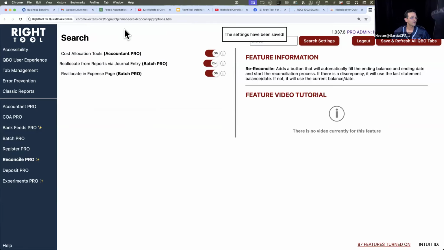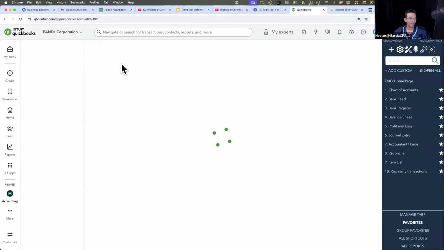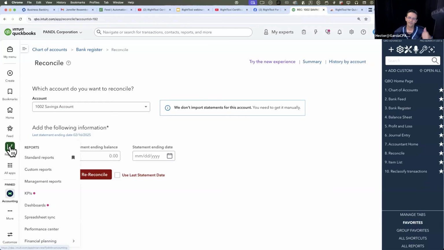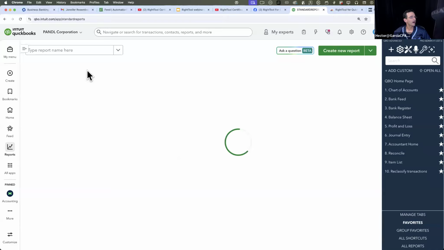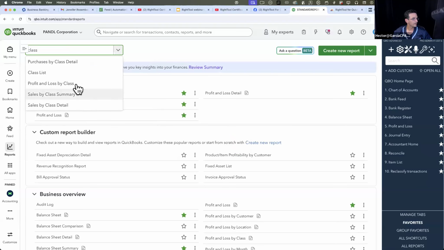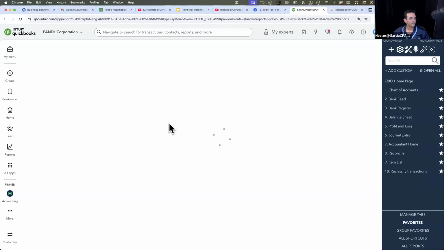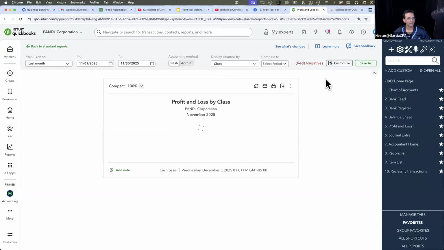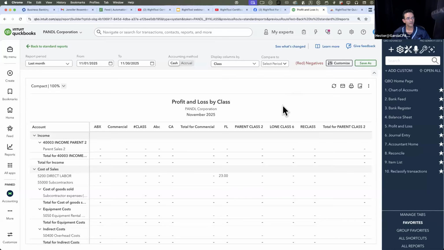So basically, when you pull up a P&L by class, so it needs to be a P&L by class, P&L by customer, or P&L by location, I believe. So the three. So if we do a P&L by class, there should be a batch edit button up here. Now, in my version, because